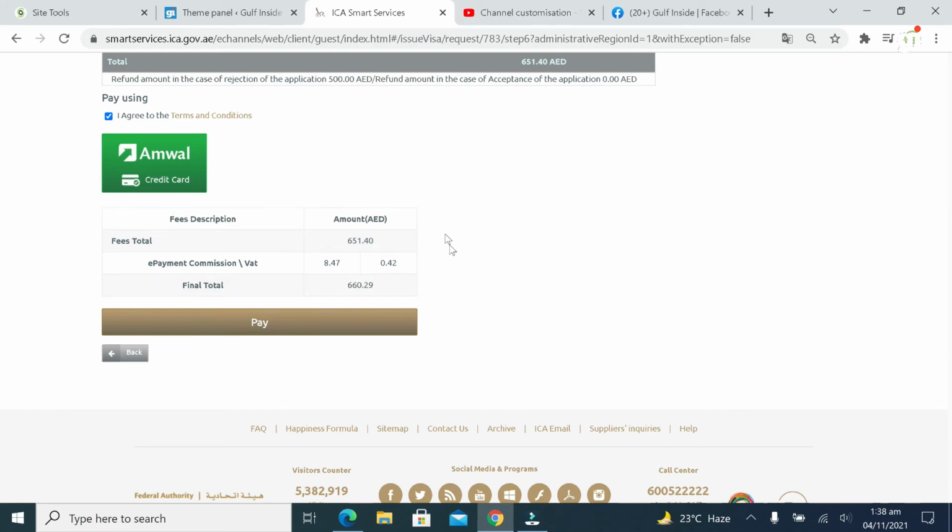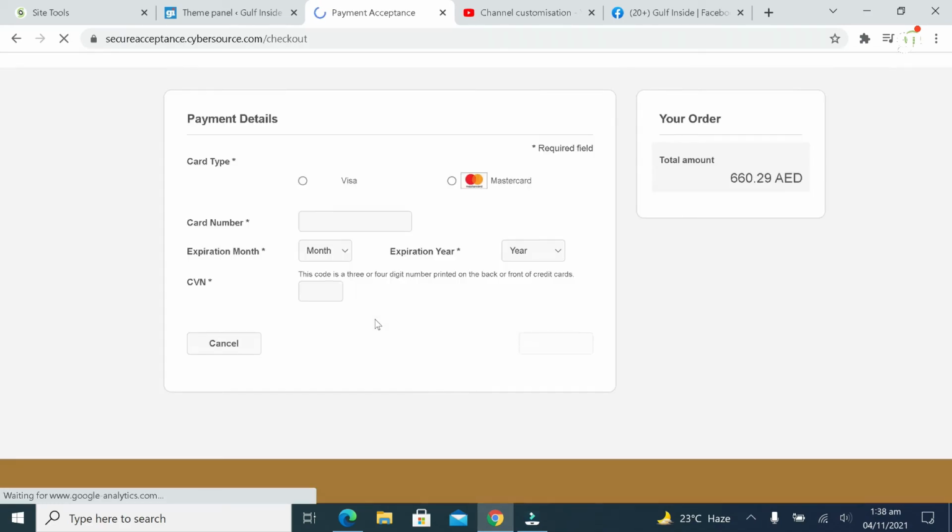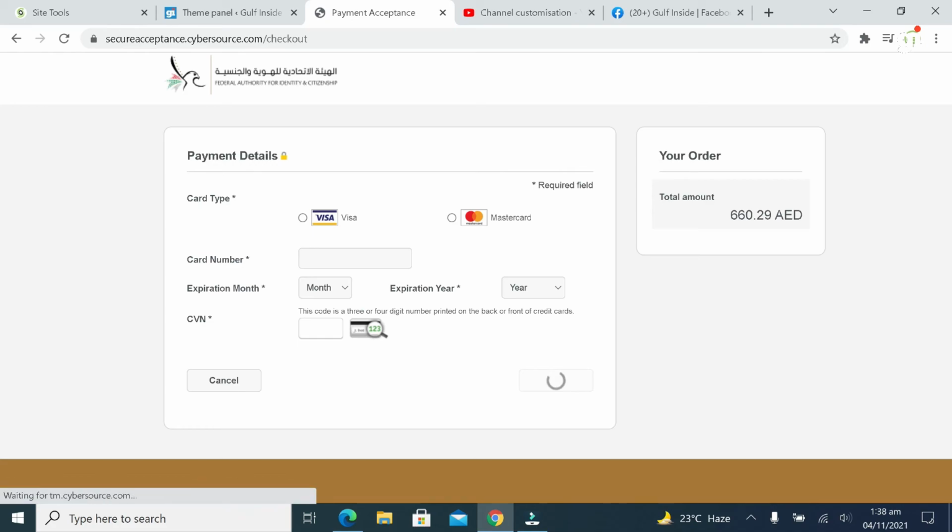You can check the final total is 660.29 AED you need to pay. Then you click here, proceed to pay. Here you can put all your credit card or bank card details. Then once you pay this fee, you will receive an email from the ICA.